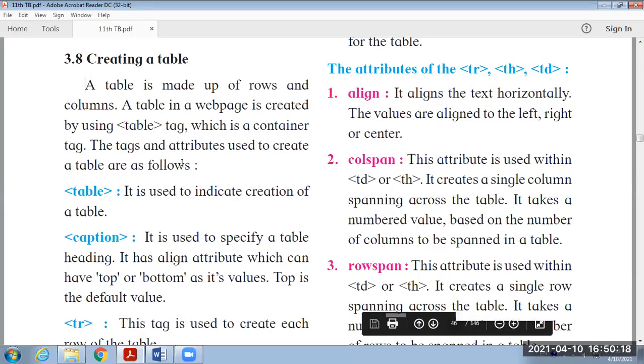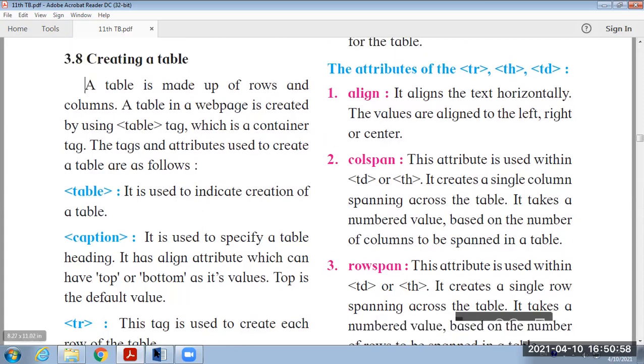Hello students, in the last lecture we studied the completely practically performed part of web page designing. Today we are going to study a new topic from web page designing, that is creating a table. It is a simple thing to create a table in Word or Excel, but it is very essential to display the table on a web page. For many reasons, these tables are required. But displaying a table on a web page is a very simple task.